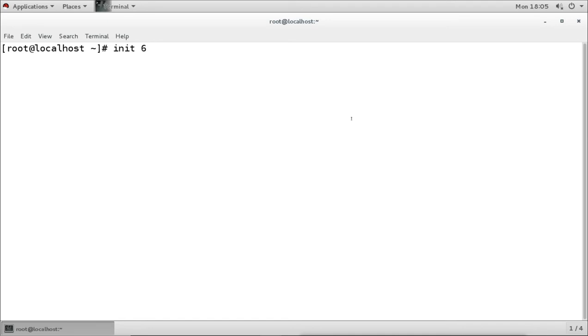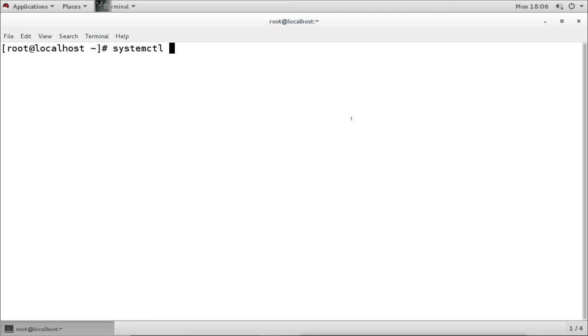Now the command still works, but it is only for the old administrators who are very used to it. For them the command is still there, but for managing systemd, the command is systemctl.